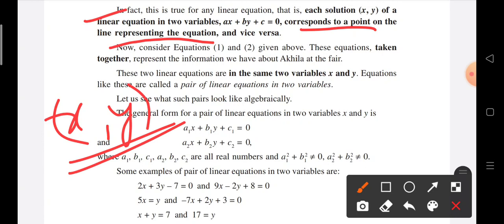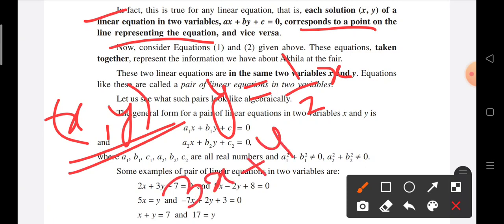Now those equations, we have studied in our last video, are y = 1/2 x, and the second equation is 3x + 4y = 20, where y is the number of times she had a ride on the giant wheel, and x is the number of times she played hoopla.